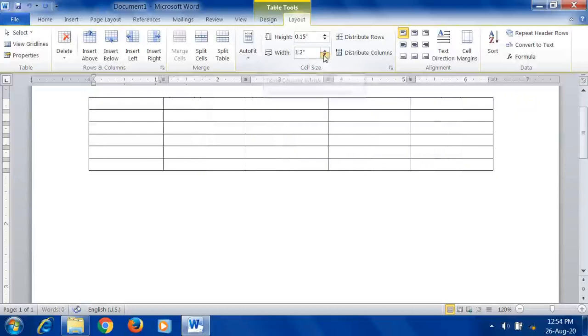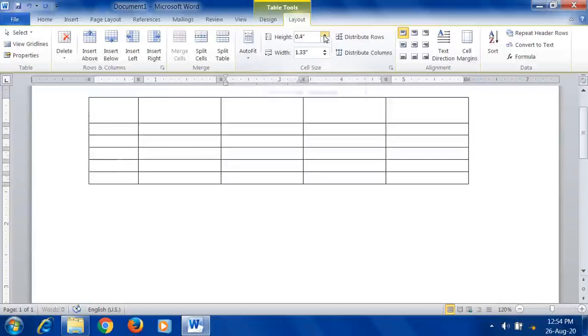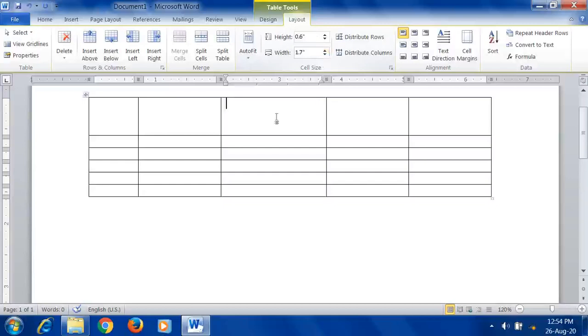You can use both height and width for the rows and columns, and according to your need you can increase or decrease. Okay. I want to increase height, so in that case use this. You can use this for increasing the height and use this width button for increasing the width. Okay. So this is by using the menu option. Now how we can change it by using the mouse? You can increase or decrease by using mouse also. Okay. See, now observe my mouse where I am moving.